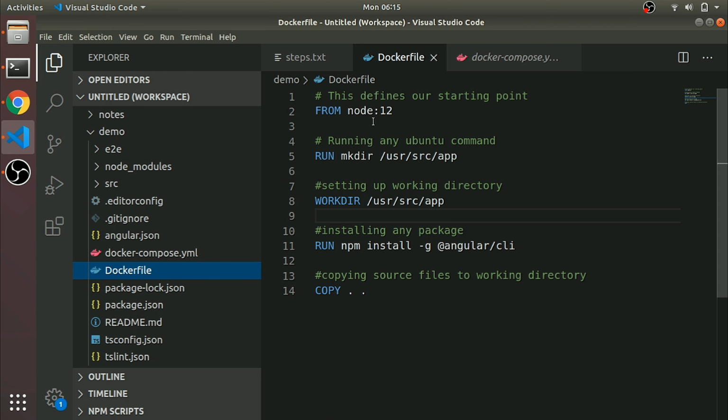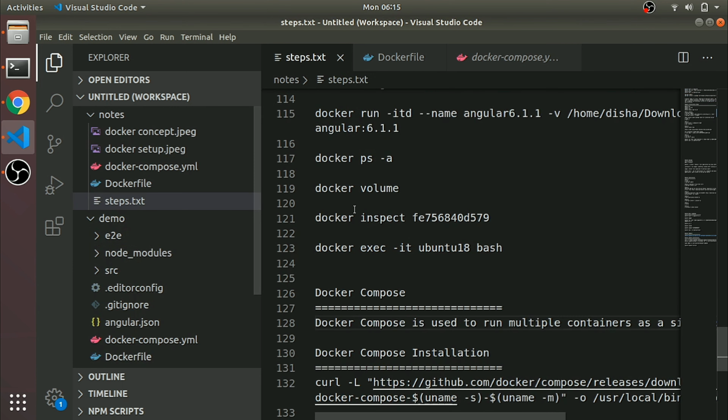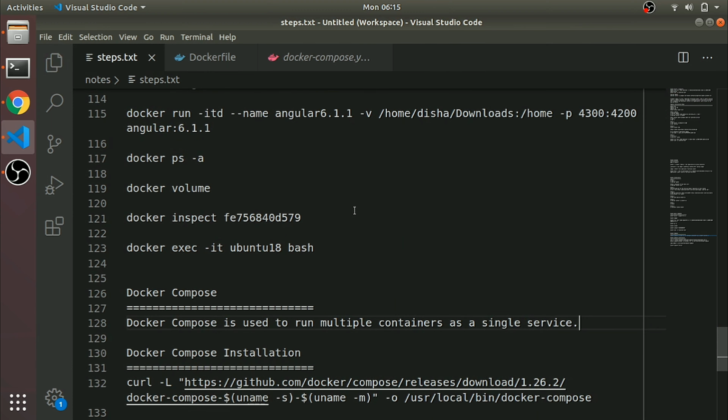Today we are focusing on Docker Compose, so I'll show you that file. See, this is a similar file to the Docker one, but the Docker run command will run one container, while in Docker Compose we can give multiple containers.